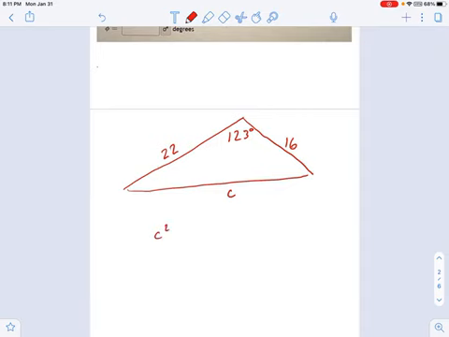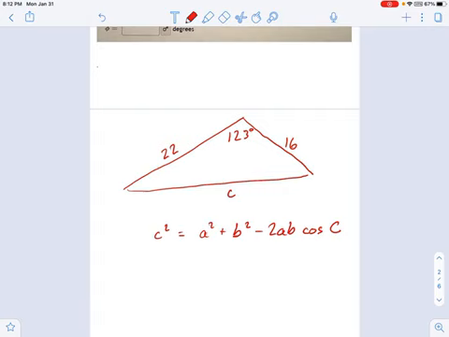Therefore, according to the law of cosines, C squared equals, do we remember our law? I hope so. A squared plus B squared minus 2AB times the cosine of big angle C. Now, what's that big angle C? Well, that's this 123 degrees thing. So we punch all these numbers in, and we're going to get something for C, right? Remember to square root it. Don't forget the square root you need.